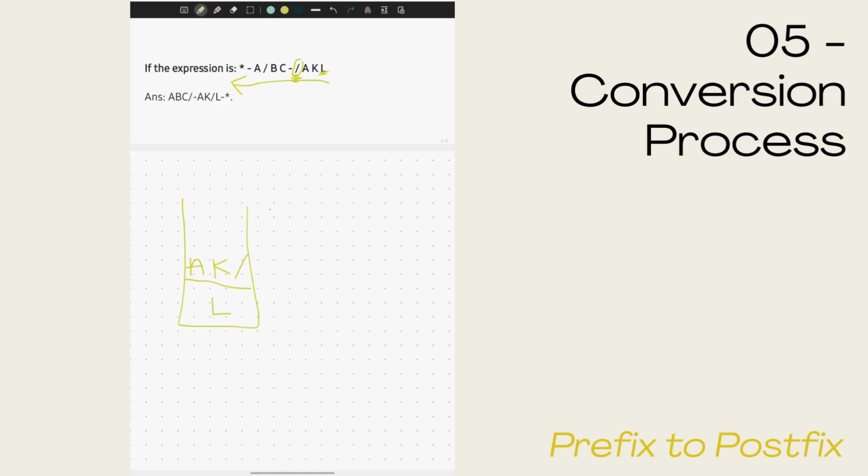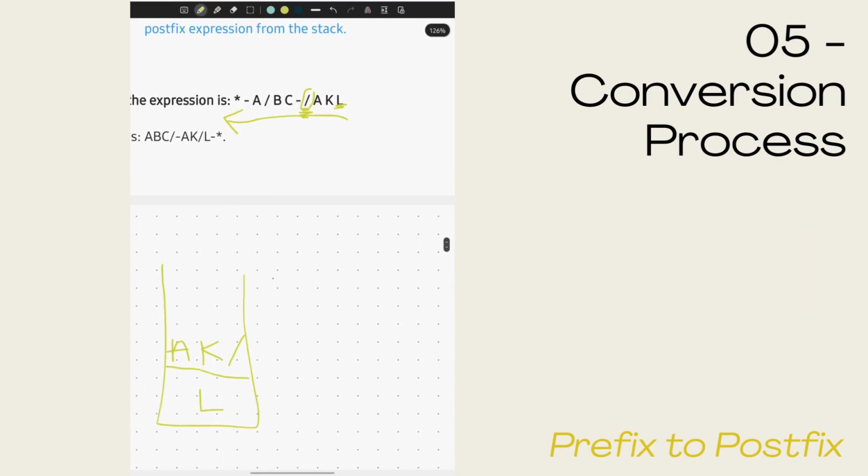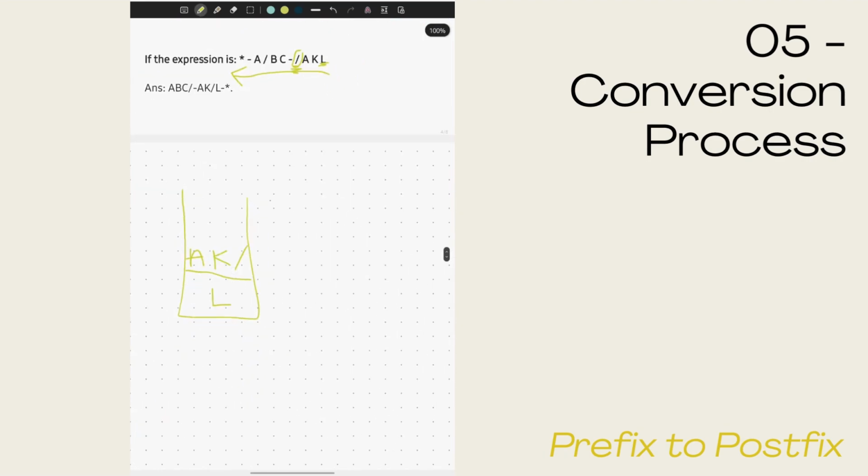Now, the next symbol is minus. So we pop again these two, which is the last two symbols in the stack, A, K, division, and L. And then we add the minus after all of the symbols we pop out of the stack. Now we push it back into the stack here,